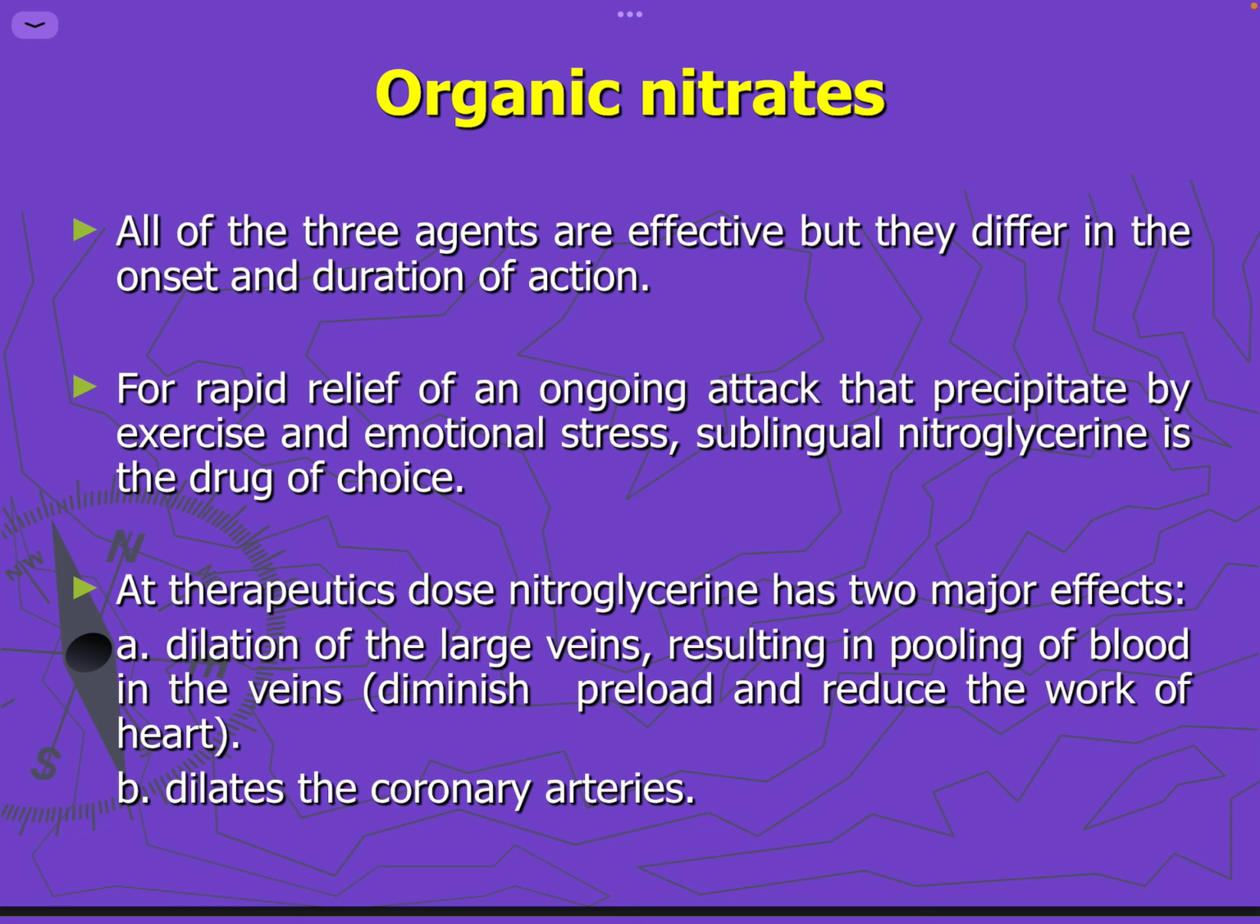What are the main effects of nitroglycerin? We talked about the dilation of the large veins resulting in pooling of the blood in the veins, which diminishes the preload and reduces the work of the heart. And this is the main rationale why we use organic nitrates for the treatment of ischemic disease. So it's not because of their ability to dilate the coronary blood vessels that they are preferred for treating ischemic heart disease. While they do dilate coronary blood vessels, so this is number 2 here, the main therapeutic benefit of nitroglycerin is through diminishing preload, through decreasing venous return, and this is by